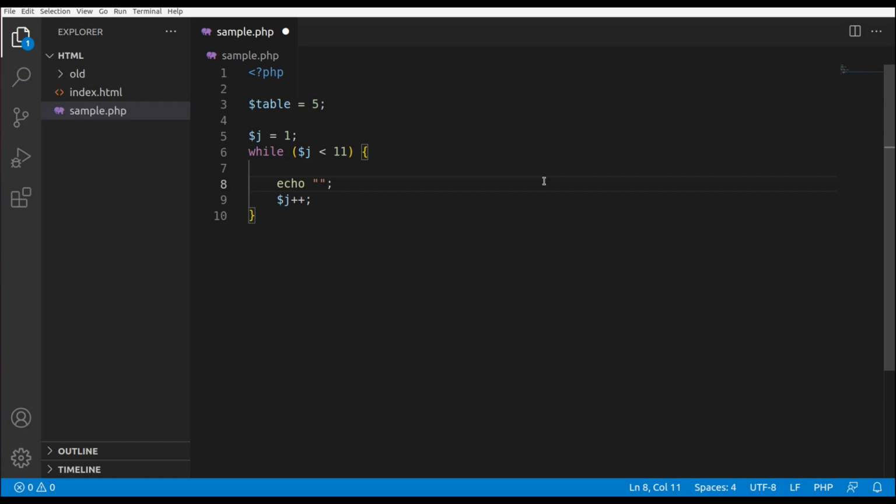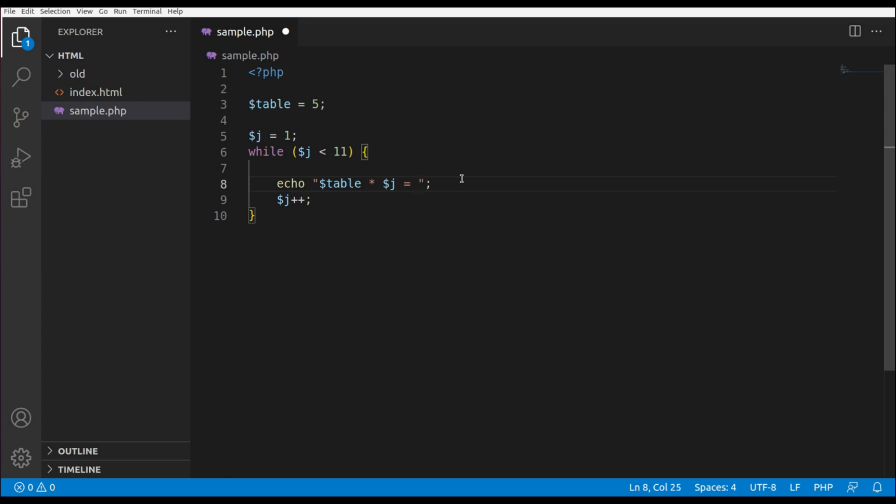Let's say I want to print the table of 5. So here I will write table, then the symbol of multiplication, which is x, or let's say star, then the value of j, which will iterate from 1 to 10, then